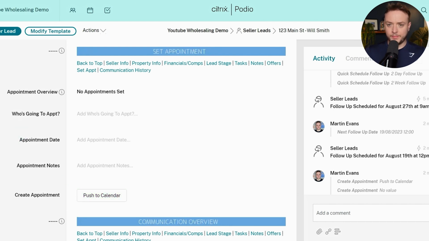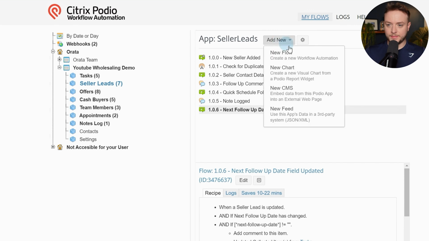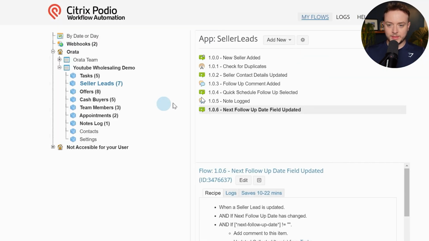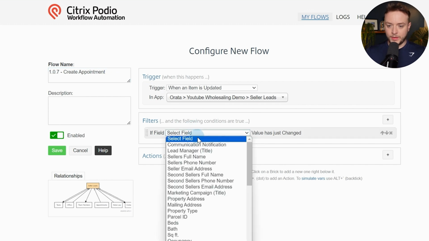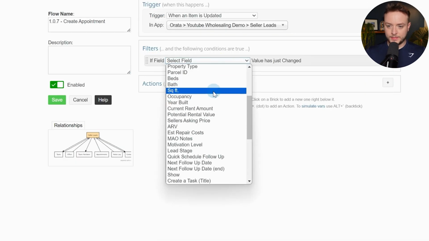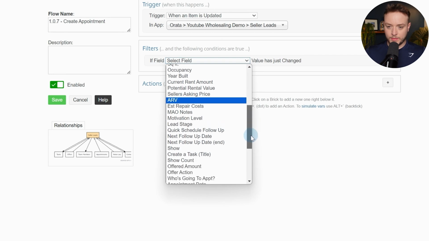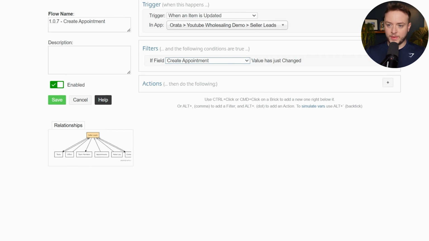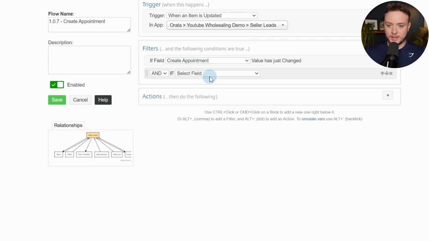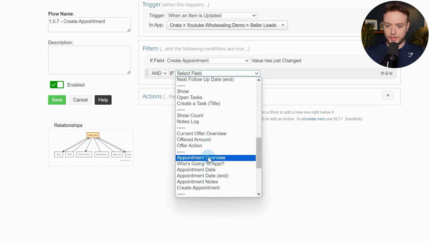So what we're going to do is we're going to create another flow, new flow, when an item is updated, 1.0.7, create appointments. All right. And then we're going to do if our, we're looking for create appointment. If our create appointment field has changed and it's equal to